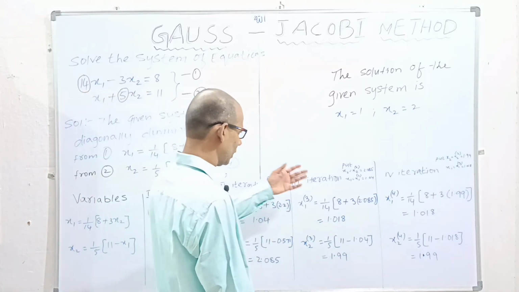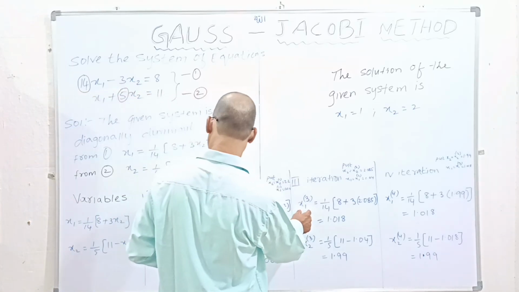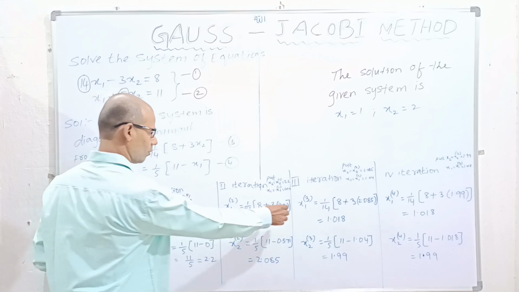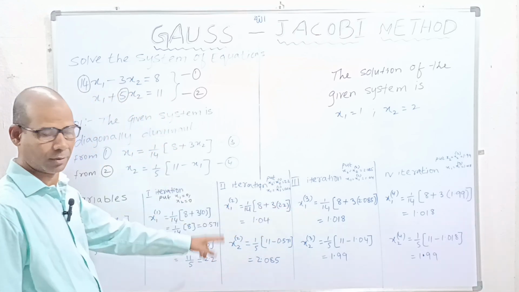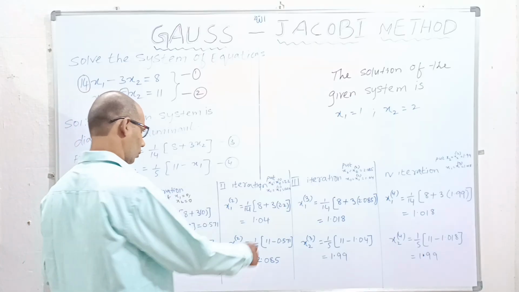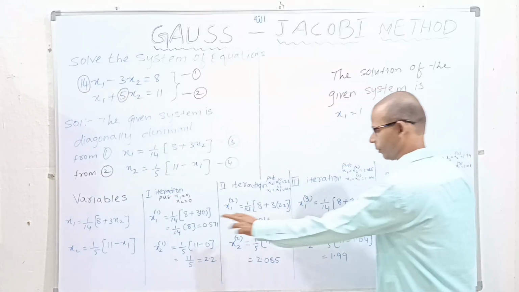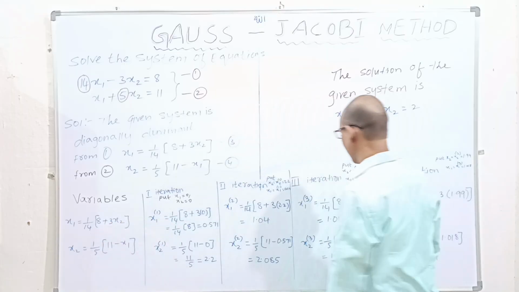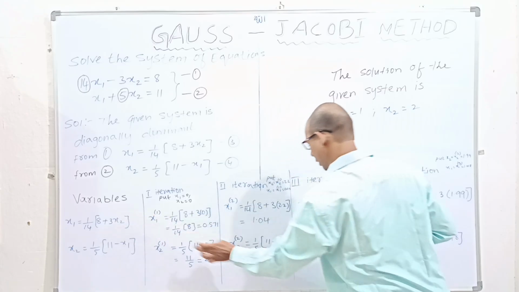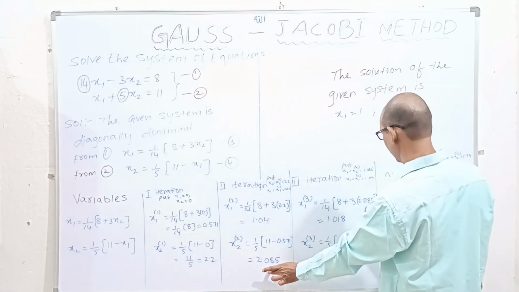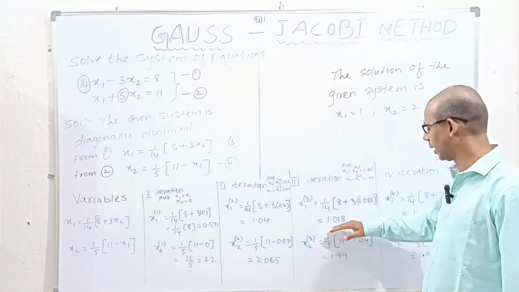So now let us go for the third iteration. For the third iteration, we use the same equation, but we will use the values of x1, x2 from the second iteration. That is what we have to remember. So 1 by 14 into 8 plus 3 into, instead of x2, we have to take the value from the second iteration, that is 2.085. On simplifying this, we will get the value as